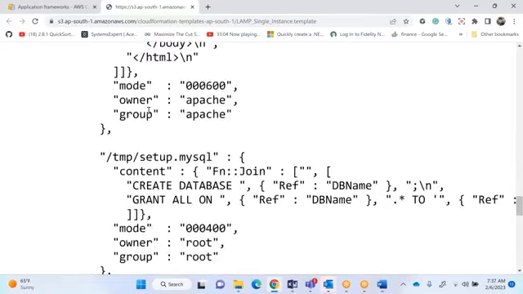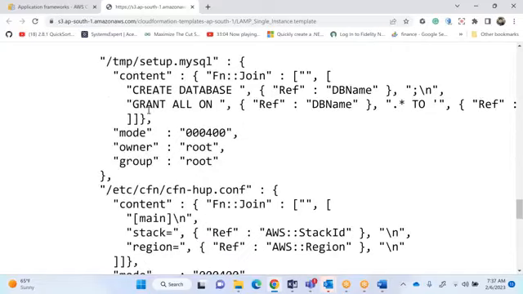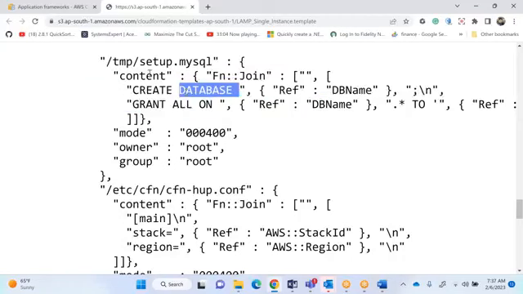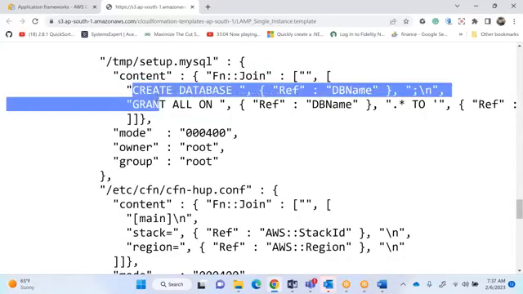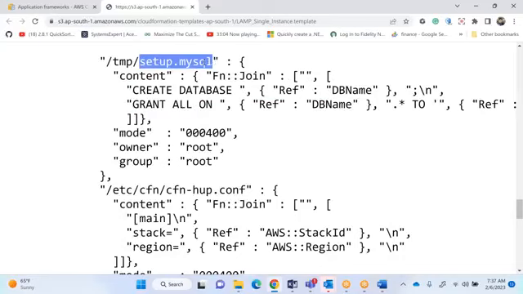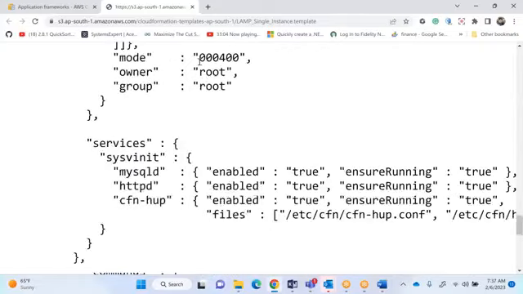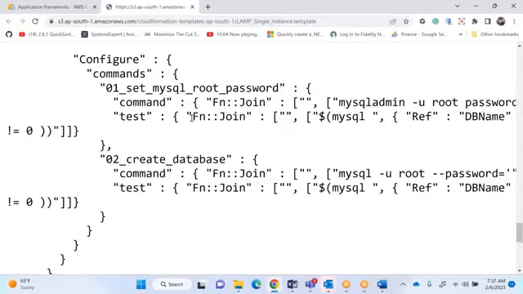And then if you go back and see, I want to create another file. This is the file, another file. Content is equal to the content. See here, I'm trying to create a database. Only the file is getting created. What does the file contain? Create database. But how do I create a database? I have to run the command in this file, the commands that are present below. See here, sir, run the command.